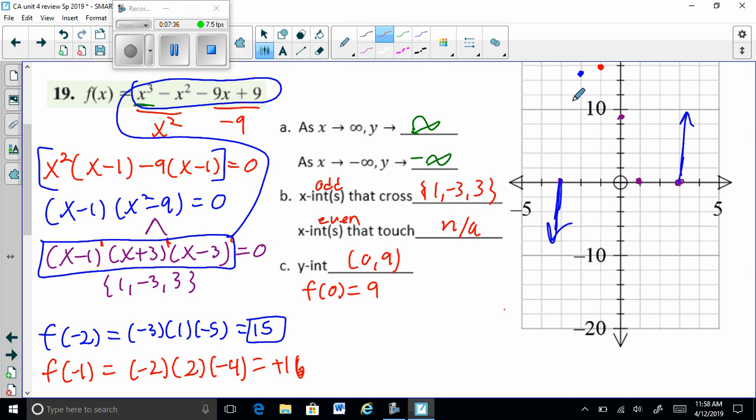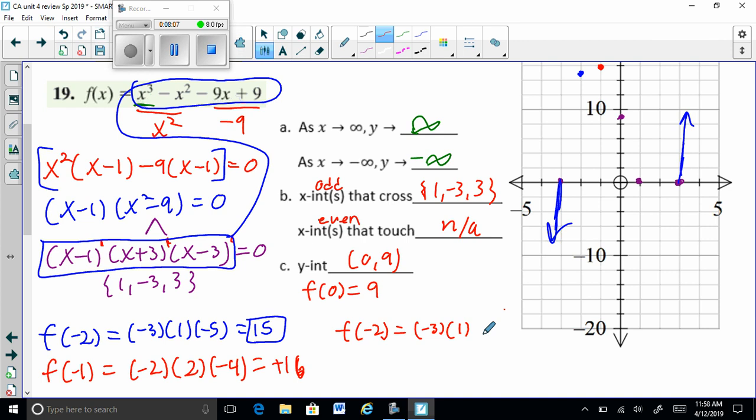So I have a pretty good idea how this loops up and comes back down, but then I need to figure out how far down do I dip at 2. So now we want to plug in f of -2. Once again, I'm going to plug it into the factors. So that first factor would give me a -3. Second factor would give me a +1. And the last factor would give me a,